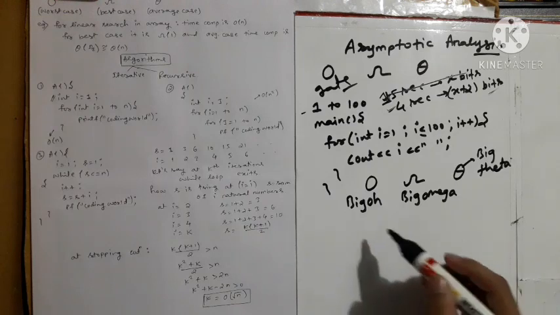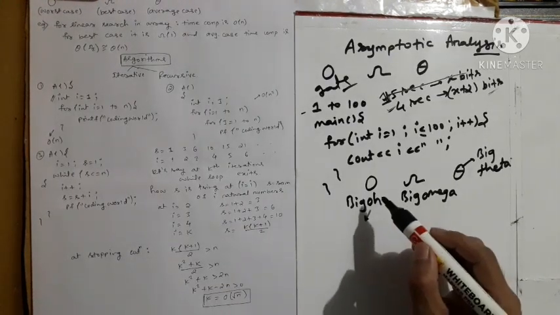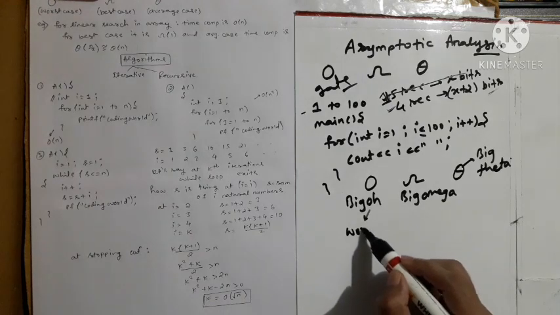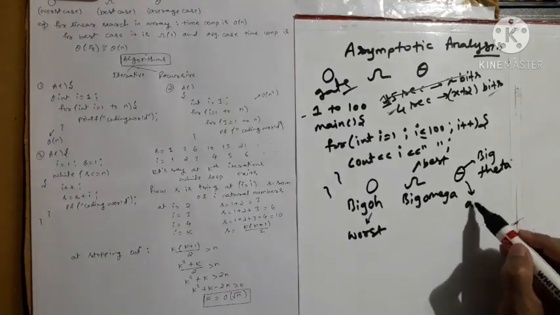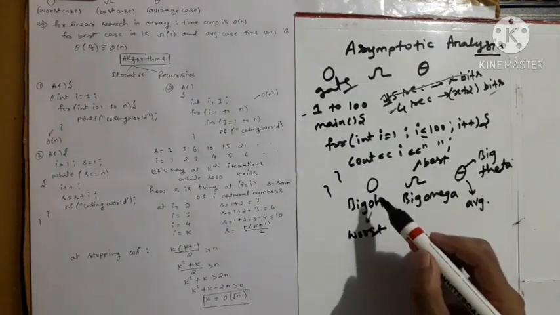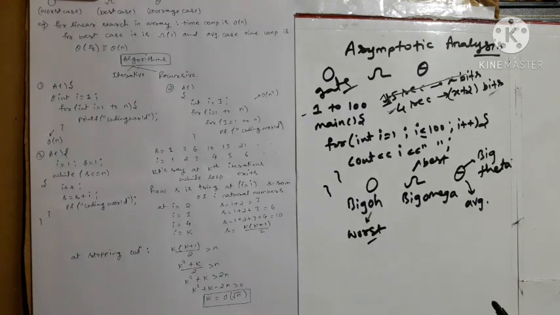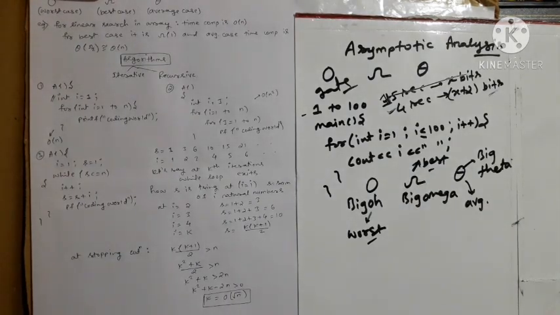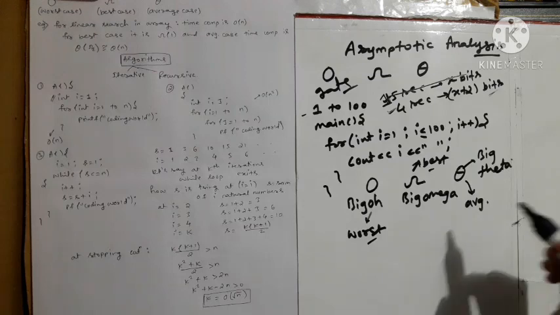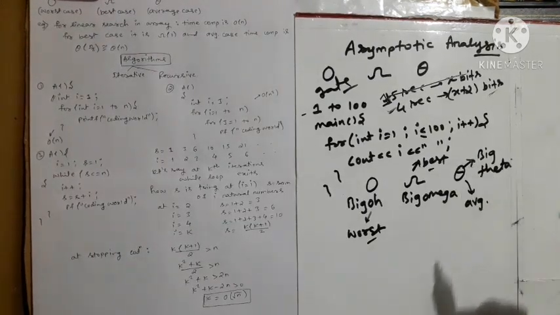Big O notation is used only when we are talking about the worst case scenario, this is the best case scenario, and this is the average case scenario. क्या मतलब है, बिग ओ नोटेशन तभी यूज़ करेंगे जब अपने को वर्स्ट केस टाइम कॉम्प्लेक्सिटी निकालना रहेगा। बिग ओमेगा तभी यूज़ करेंगे जब अपने को बेस्ट केस सॉल्यूशन पता करना रहेगा। मीन्स बेस्ट केस में उसका टाइम कॉम्प्लेक्सिटी क्या होगा, उस एल्गोरिदम को डिनोट करने के लिए विल यूज़ बिग ओमेगा. And wherever we want to find out the time complexity of a particular solution in average case, then definitely we are going to use big theta notation.